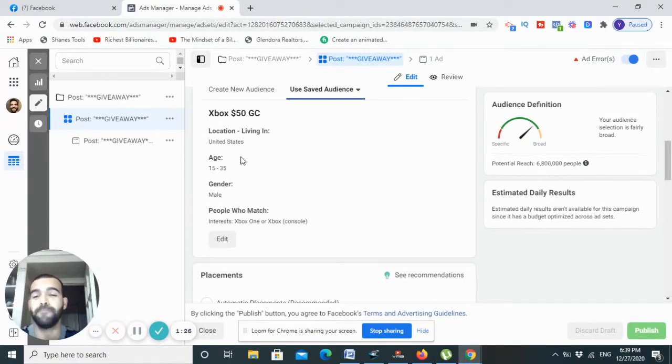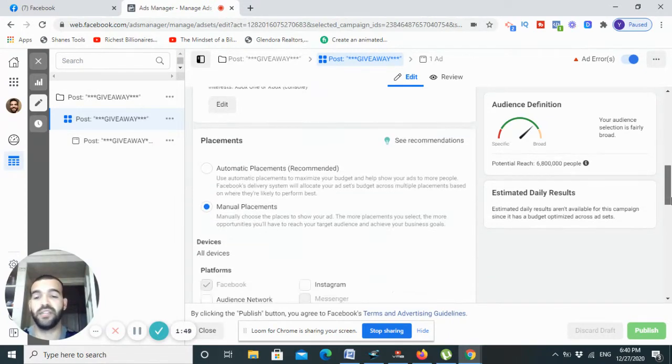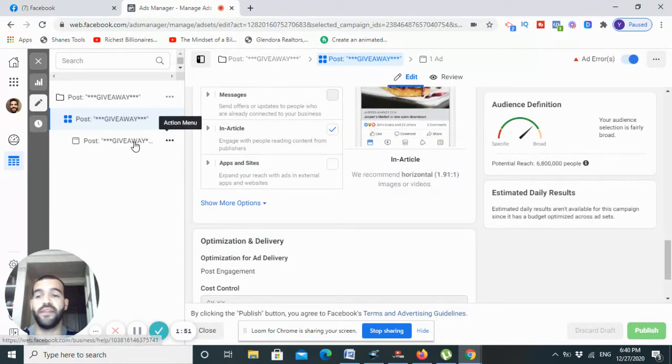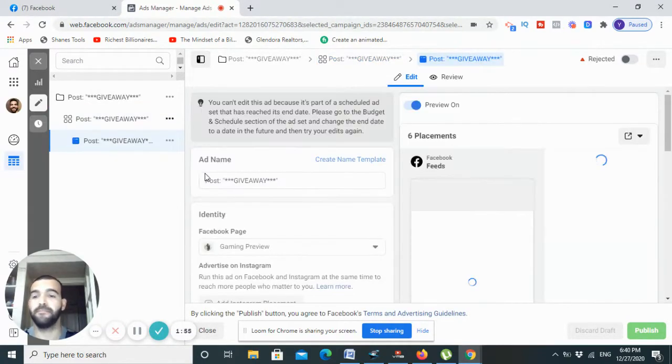But the course didn't teach me to target people under 18 years old. I thought, hey, people under 18 are gamers, so why not target them? And probably they're going to convert way better than people older than 18. So I ran a campaign between 15 and 35 years old, and I matched the interests, etc. Then here you can see the campaign that I did.